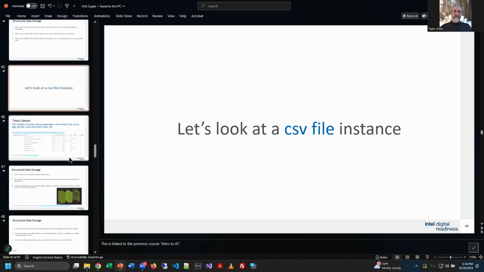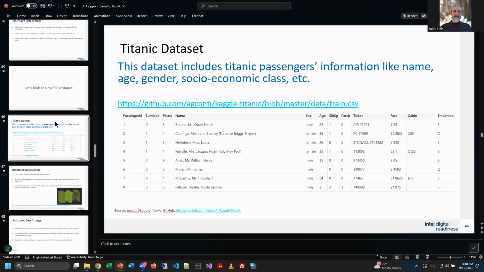All right, so here's an example of a CSV file. This is a data set that you can go to. It's fascinating that it's even out there, but they have the data set for the passengers that were on the Titanic. How cool is that, right? If you're into that stuff, there's their name, gender, socioeconomic class, stuff we kind of don't care about now, I guess. You can see some of the information: age, sex, SP, which I'm not sure what that is, sibling maybe, the ticket number, how much money they paid, which cabin they're in, et cetera.